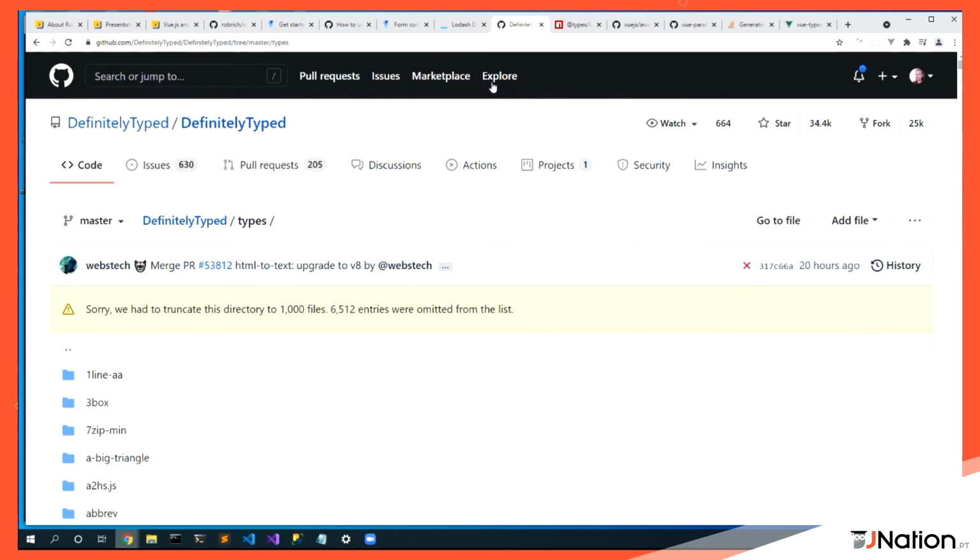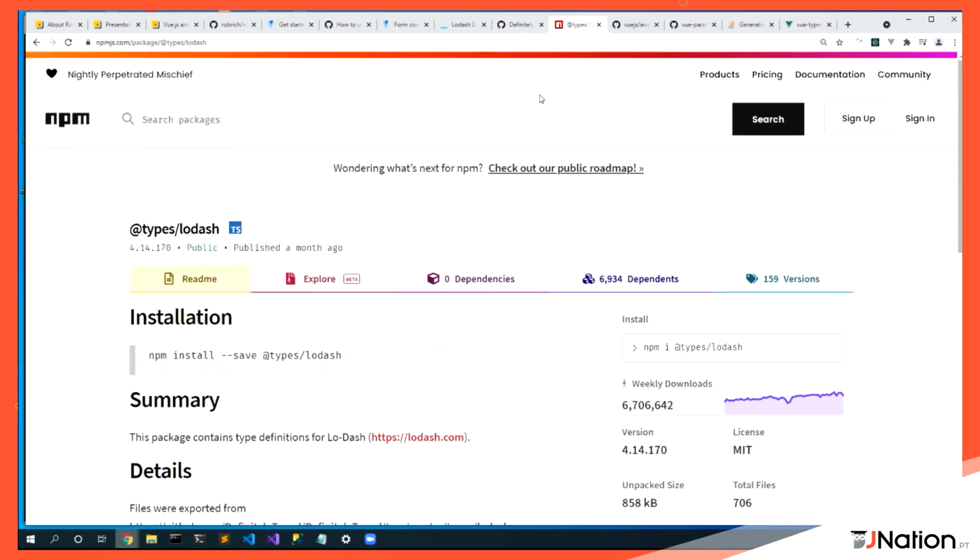Each of these packages is published to NPM in the types namespace. So I'll do a search for @types/lodash, and I'll land on this page right here. And I can say npm install --save. In this case, I will do --save-dev @types/lodash. Here's our next technique. We'll go grab the type declarations from the community